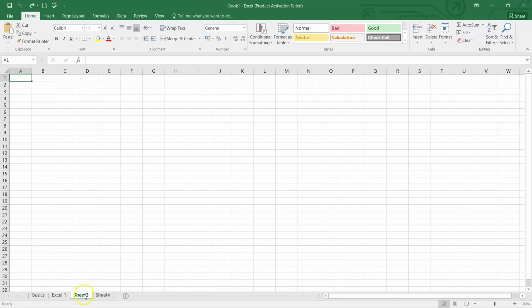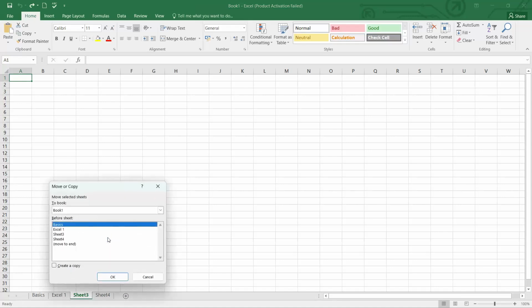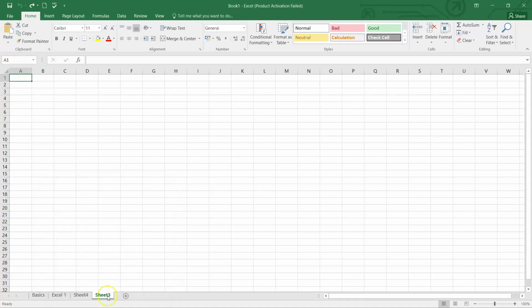Similarly, if you go on to the second or third sheet, you again right click and you'll see some more options. What are the different types of options? We have insert, we have delete. If you click on delete, it will obviously delete this sheet. Then if you want to rename, like we saw, we can rename it. We can move or copy that particular sheet as well. Suppose I want to click on move. Where do I want to move that particular sheet? I want to move the selected sheet to any of these. Let's say I'll click on move to end and it will get shifted to the end of the sheets list that we have.